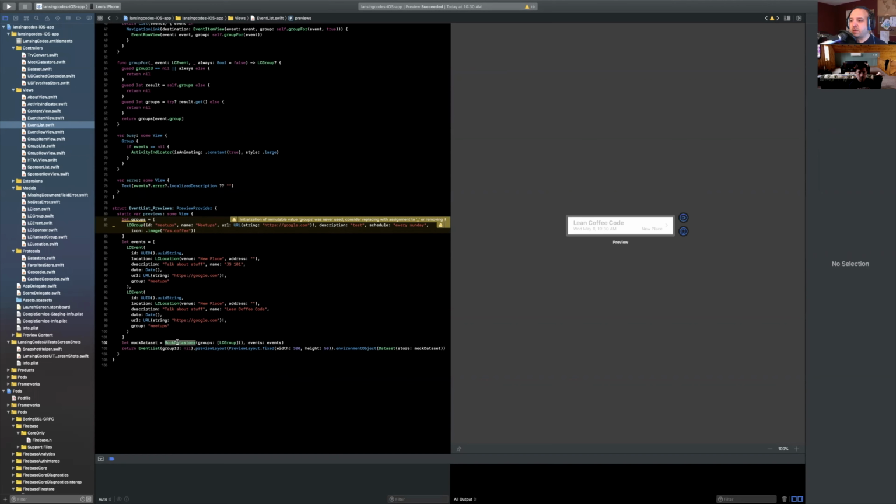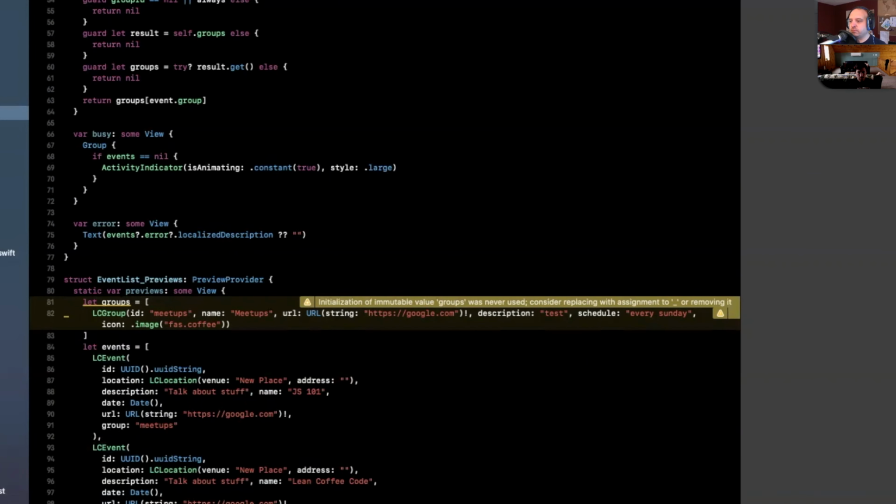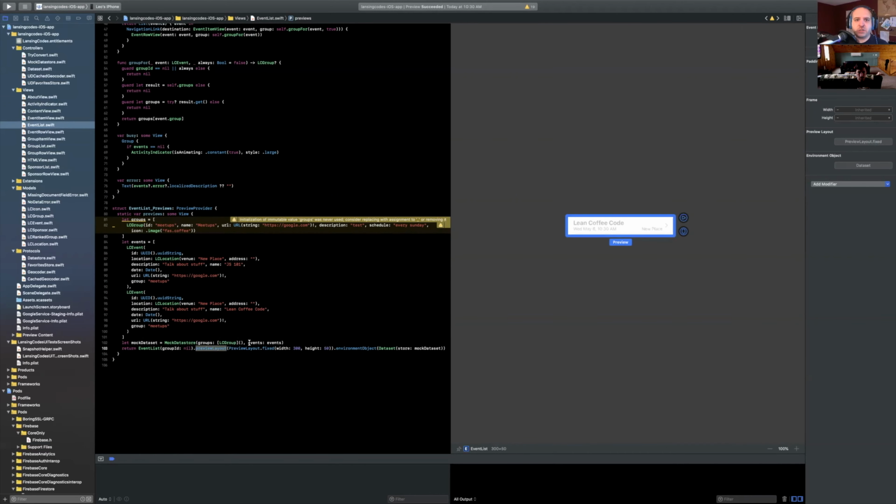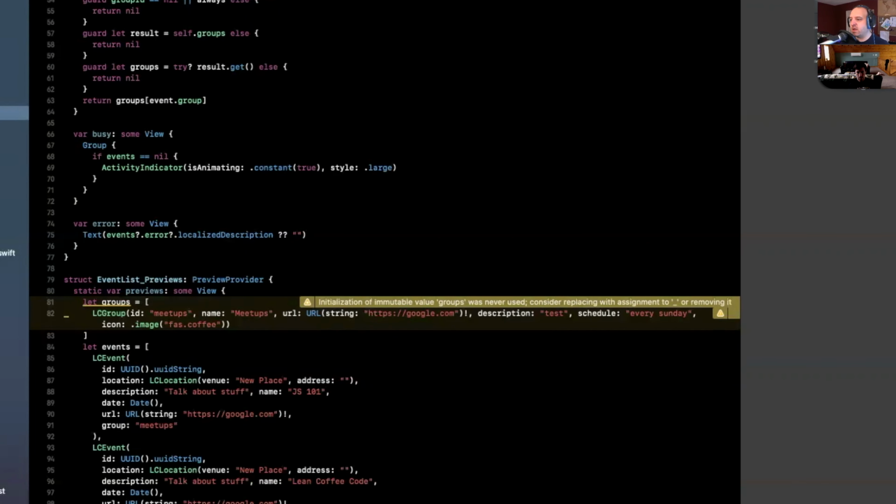I'm creating it using this mock data store where I just manually create these events. So, you know, the venue is a new place, we're going to talk about stuff, and so on. I think it actually shows this one here. And then I have the mock data here. I could also set up the preview layout, because it's a row. I don't want it to show the event as a whole iPhone. I just want the row. And then here I set the environment object with the data set, and then I can set whatever store I want. So if we go to the data set here,